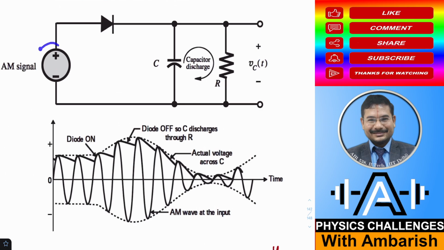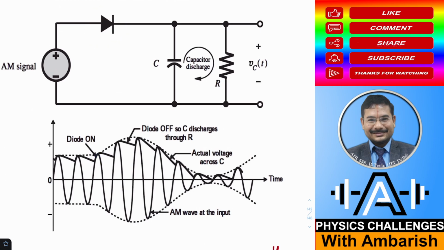When the AM signal is about to reach the peak, this diode is on. Diode is on means diode is conducting, it is properly forward biased. Capacitor gets fully charged near the peak, and once the capacitor is fully charged to the peak voltage and the voltage drops, the diode becomes reverse biased,